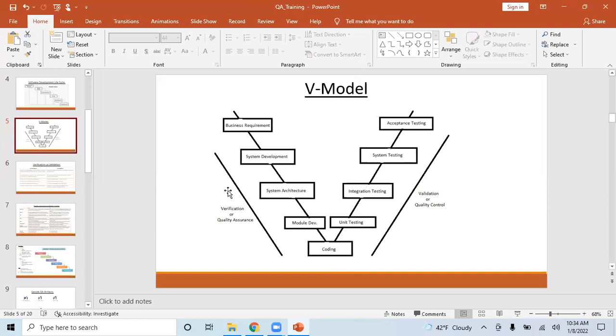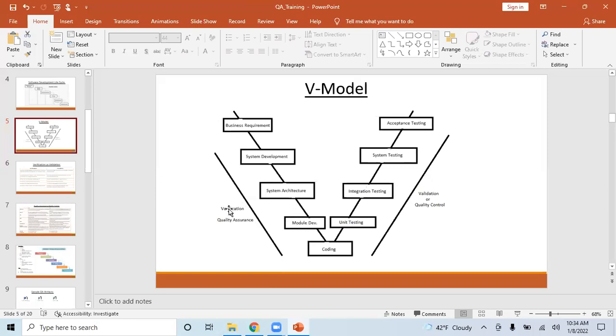Again, this diagram should answer your question, because in this diagram, anything done on this side is a verification, or static. And the static activity is done by, as I said, a developer lead.